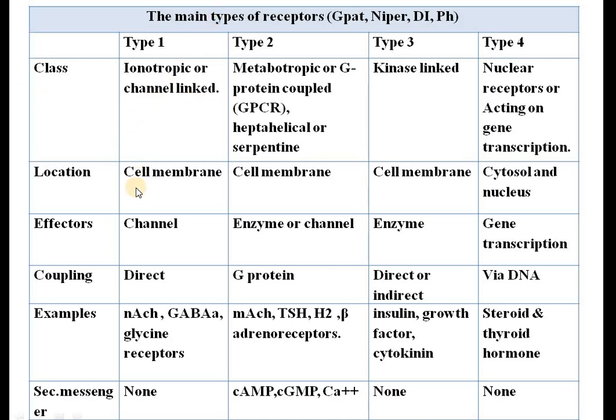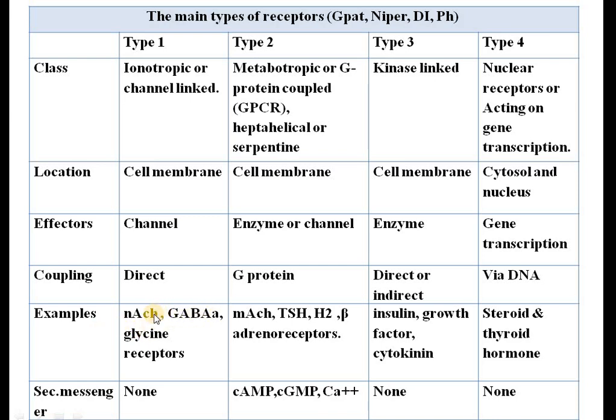Okay, so they are located on the cell membrane. Okay, so what is the effect? They are nothing but the channels, potentials. Okay, so coupling, they are not coupling to anybody, they are direct. Okay. So what are the examples of this kind of receptor? So nicotinic acetylcholine receptor, then GABA receptor A, as I have told you as an example. Then glycine receptors. So acetylcholine receptors,